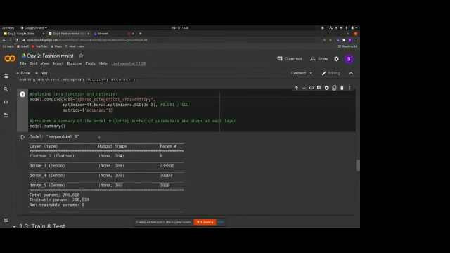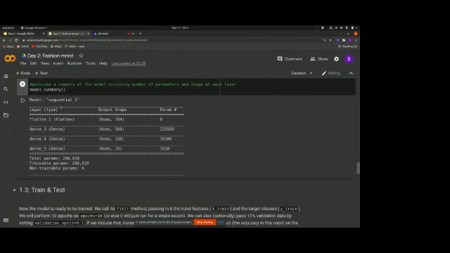This is the SGD, the stochastic gradient descent, as we had discussed earlier. This right here is the learning rate, which is basically 10 to the power minus 3. And in the metrics, we include accuracy, which means that while training, the code will display the accuracy it has on each step.